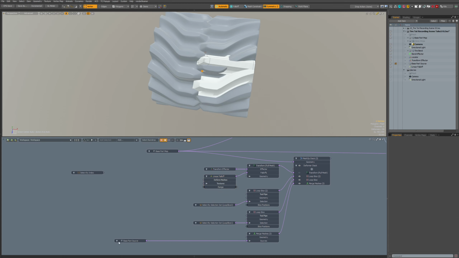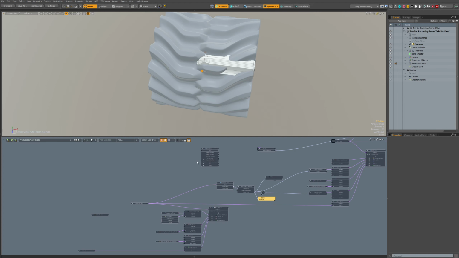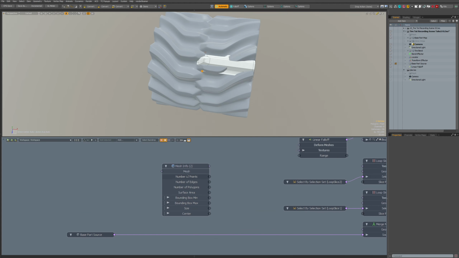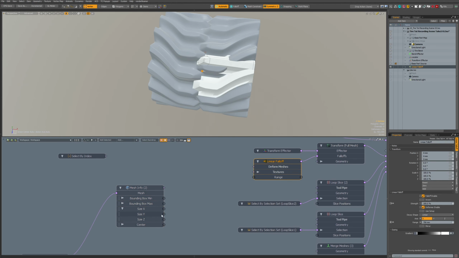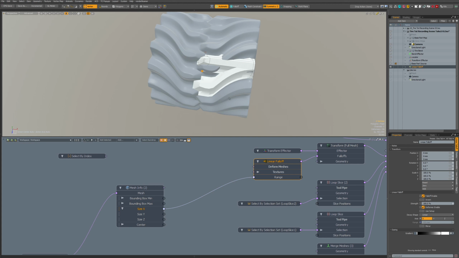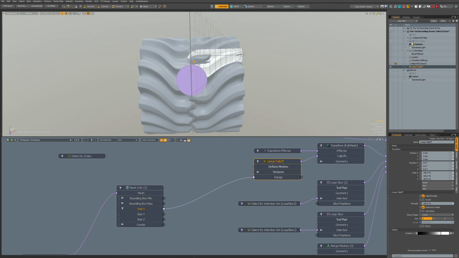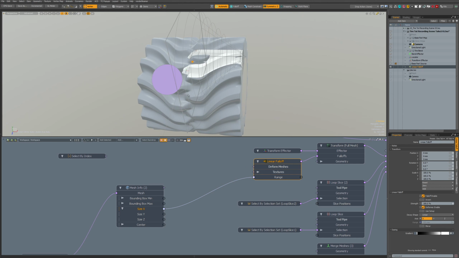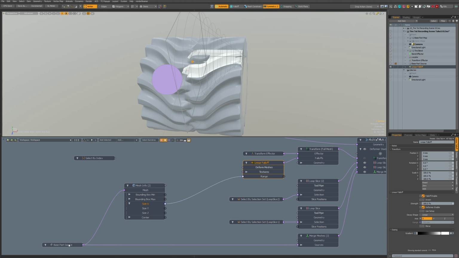We take this range and then we use mesh info, which we have here already. Let's take off this stuff. Size, we need the size and range. So it says X and range. Okay, now it's in the right place approximately. Maybe I'll do it anyway.